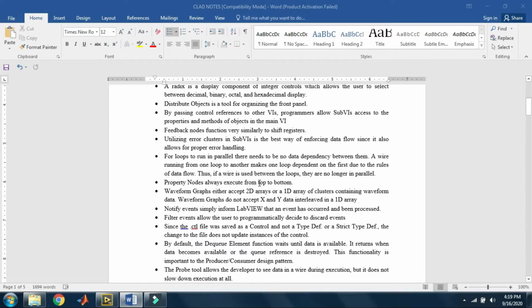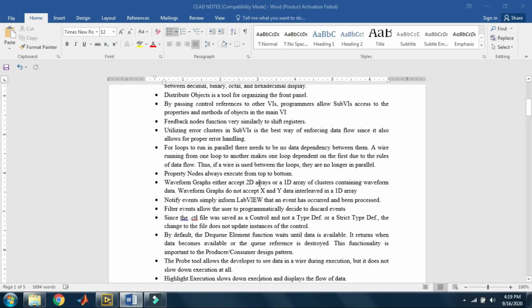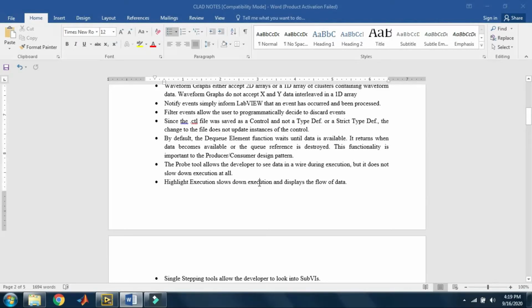The probe tool allows the developer to see data in a wire during execution, but it does not slow down execution at all. Highlight execution slows down execution and displays the flow of data. In this case, in highlight execution, our program slows down.